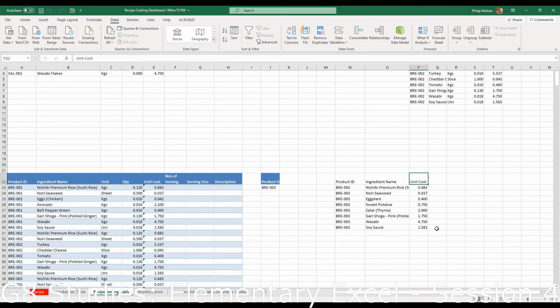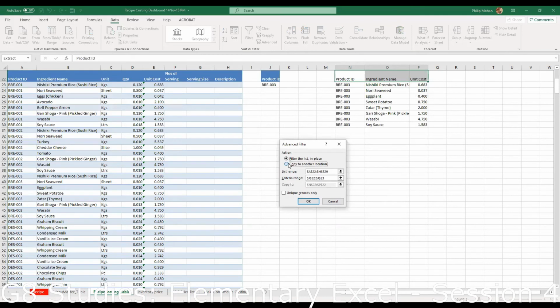So when you have multiple columns and you really need only 5 or 6 of those for your advanced filter, you type out the names of those in a particular place, and then when you come to the advanced filter, copy to another location, you select those headings.